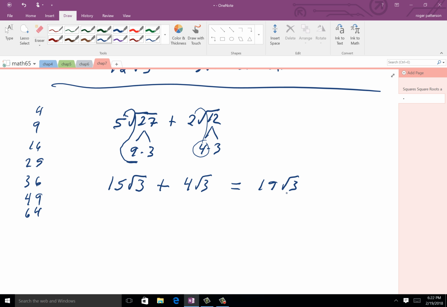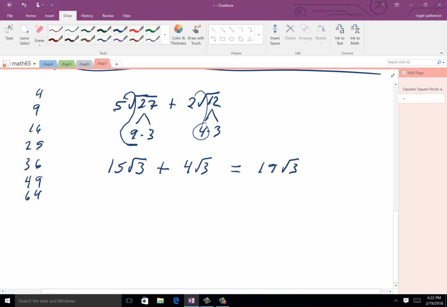Now, if they can't be added, then they can't be added. There's some possibilities where we're not going to be able to combine everything. So let's look at